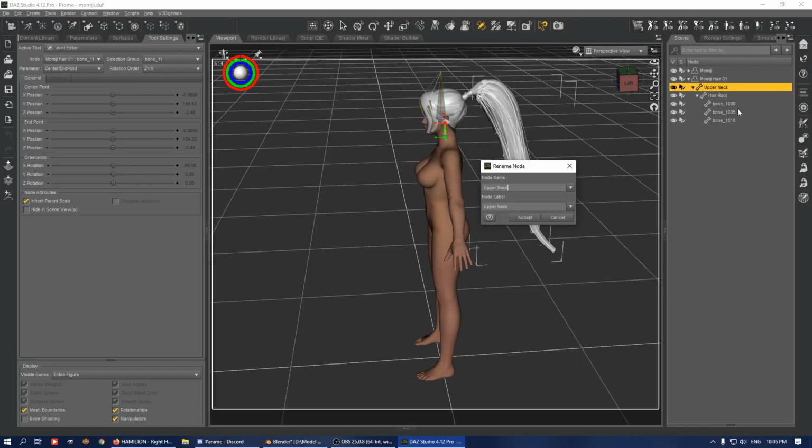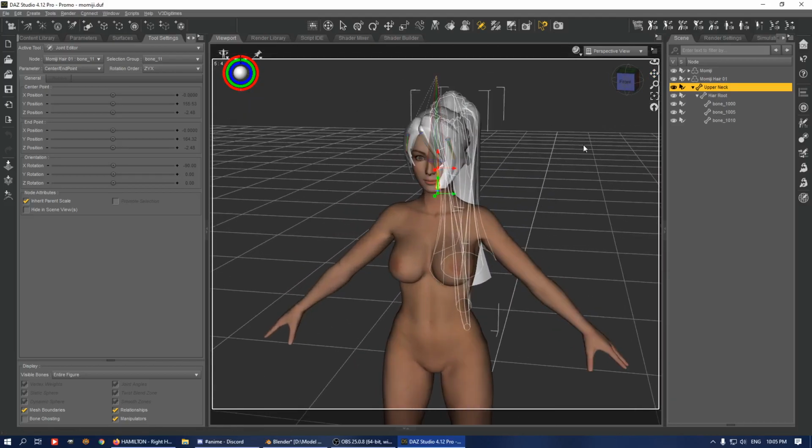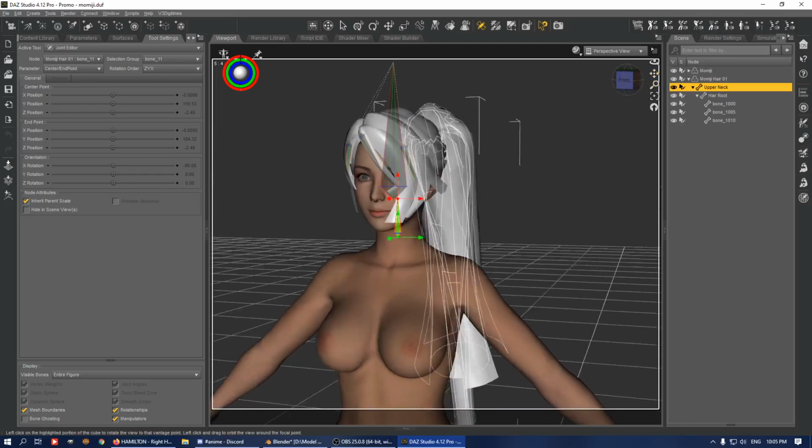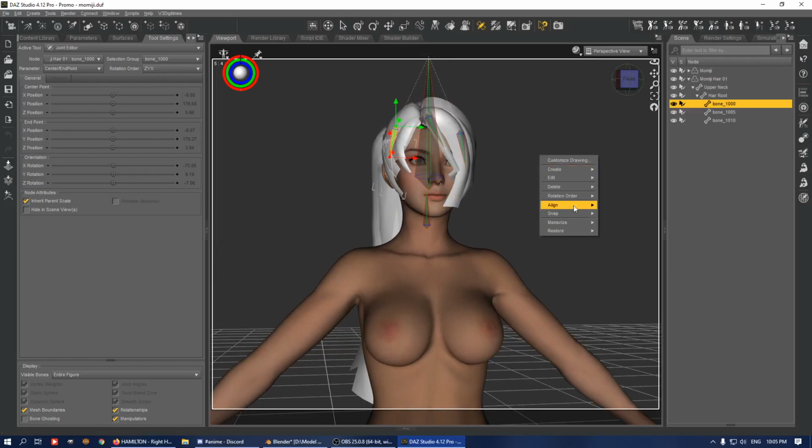You can just click on this part and you can rename it faster. But for me, I like things a little bit neater, so this is the reason why I do the right click rename part. Okay, so this is the hair left,